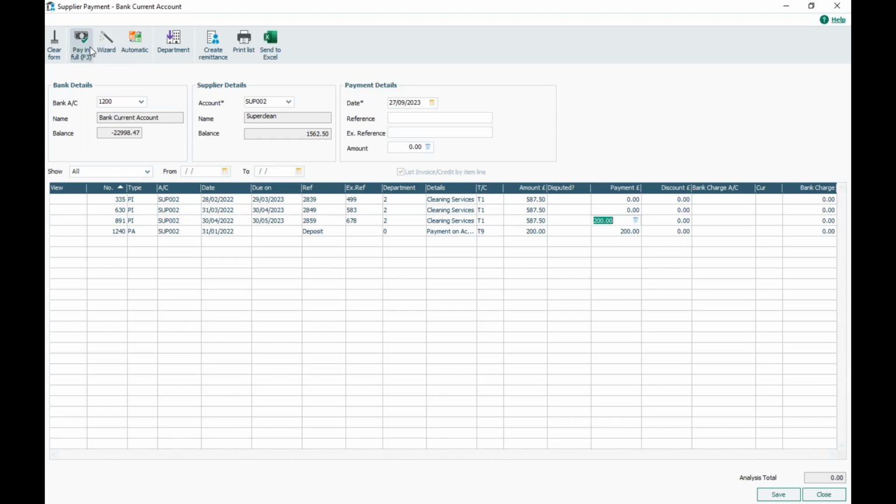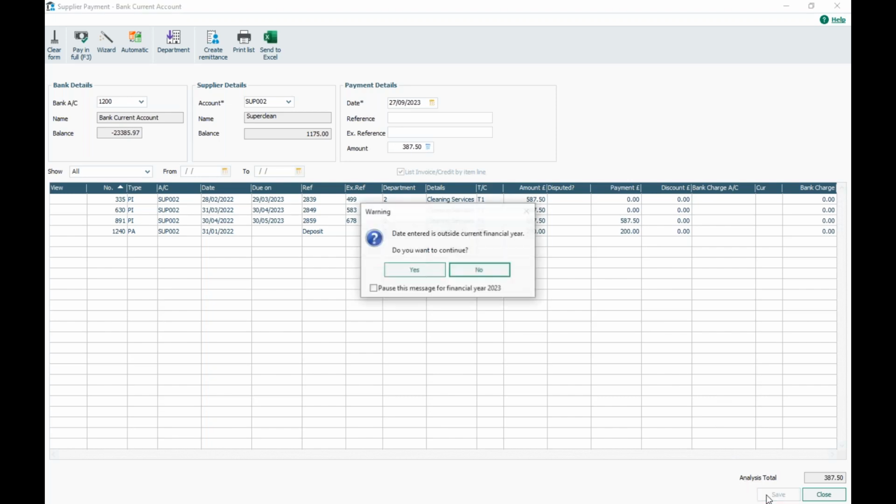Alternatively, if you did click pay in full, it would allocate £200 to the 587, but then it would post another payment, so a purchase payment, for the remaining balance. So you can see there I've got £387.50. So that's then going to allocate the payment on account and post a purchase payment for that one invoice. So if I click save,